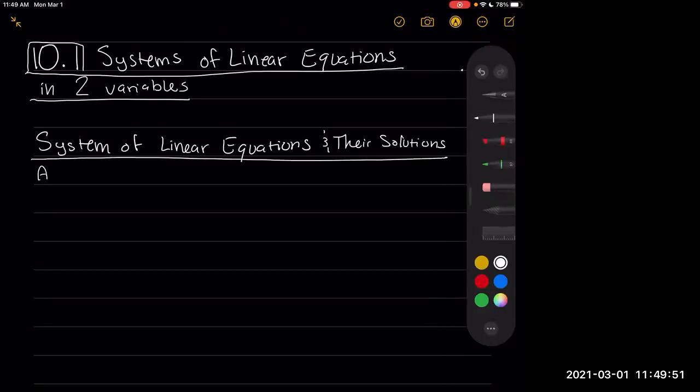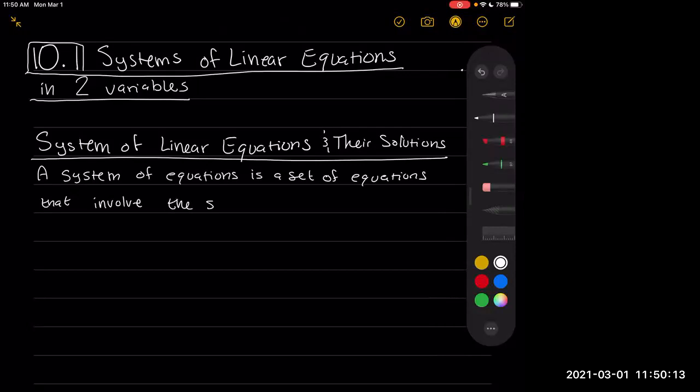So a system of equations is a set of equations that involve the same variables, like x or y or a and b, t and s. Those are our variables. And then a set of linear equations